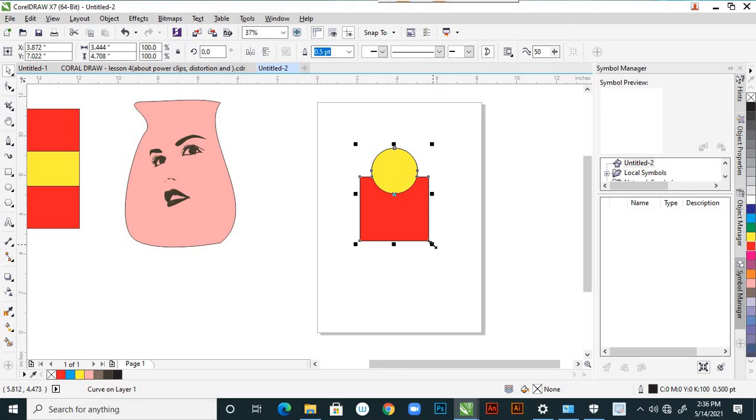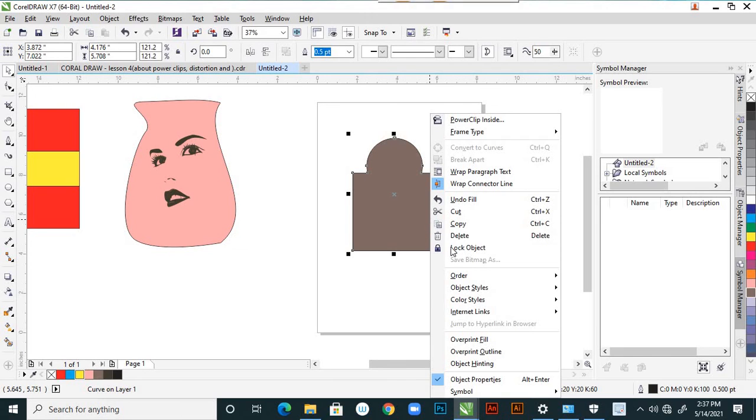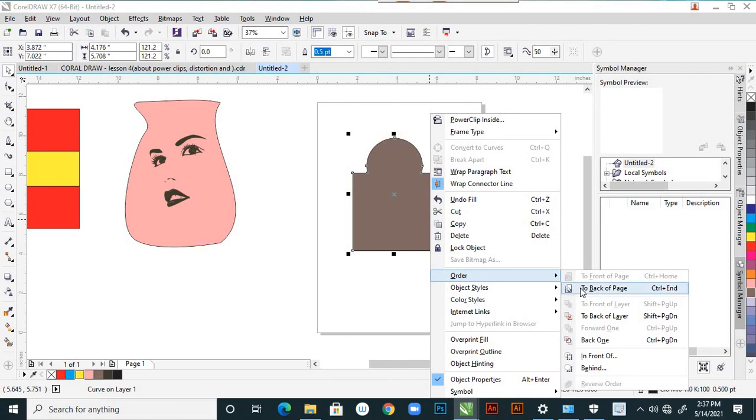Now you can enlarge this with shift. See, it already duplicated the same shape and added it as an outline. So within that you can apply any color. See that color applied, but it is filled, overlapped on that object. Now right click here, order, to back of layer.